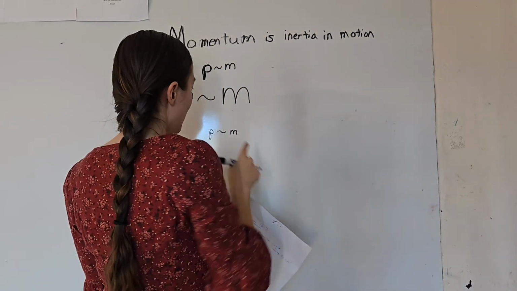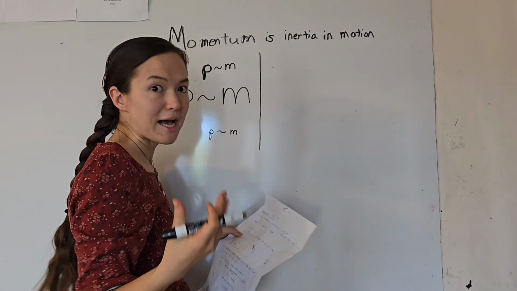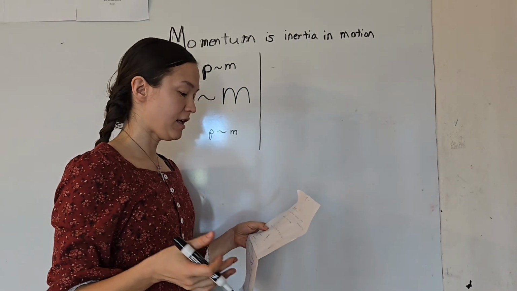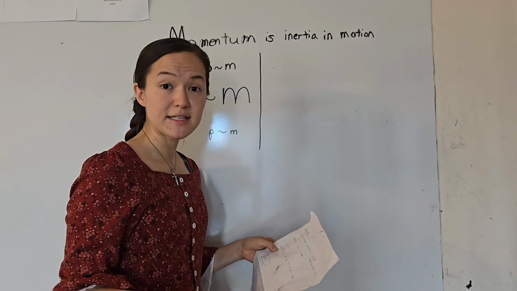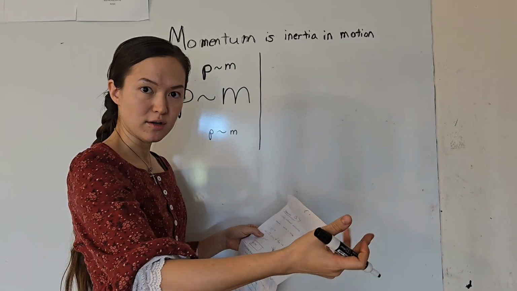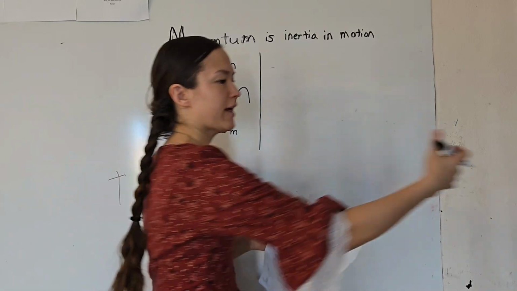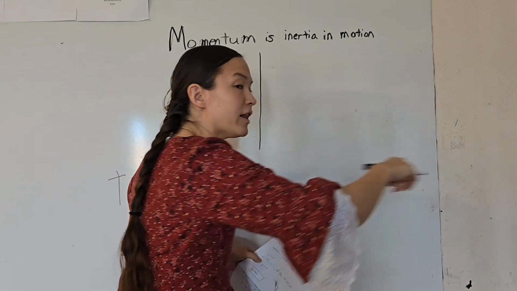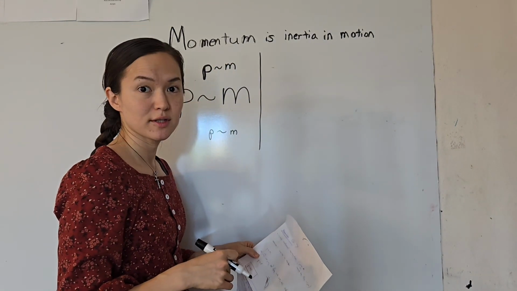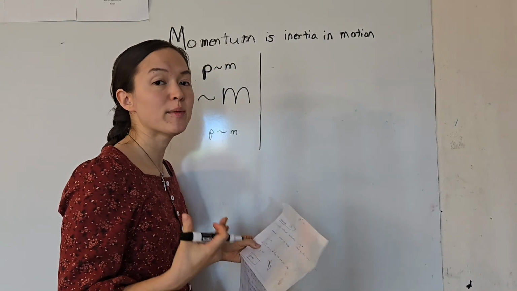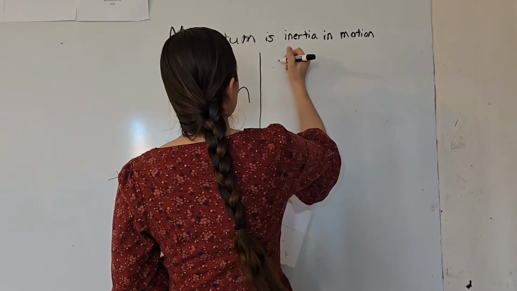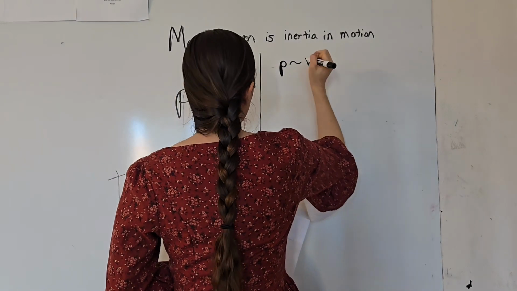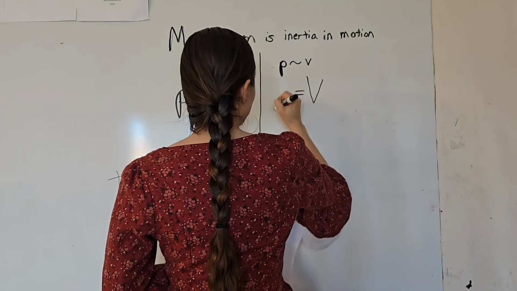Okay, so what else can we intuitively grasp about momentum? Well, we know that velocity has something to do with momentum. Because if you ever go to a roller skating rink or an ice skating rink and you see your little sister skating towards you, and say she's going about that fast, you might just stand there and let her bump into you. Now, if she's barreling across the ice, you're like, oh no, ouch. Because you know there will be more impact, there will be more momentum when she's going a lot faster. So we can say that momentum is proportional to the velocity. The bigger the velocity, the bigger the momentum.